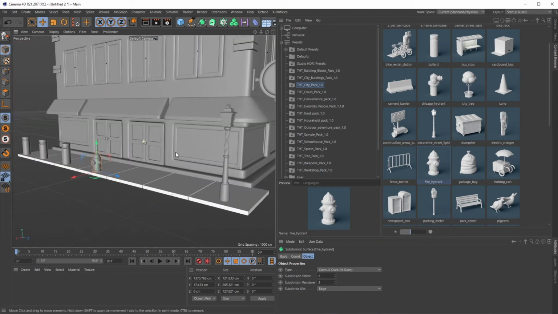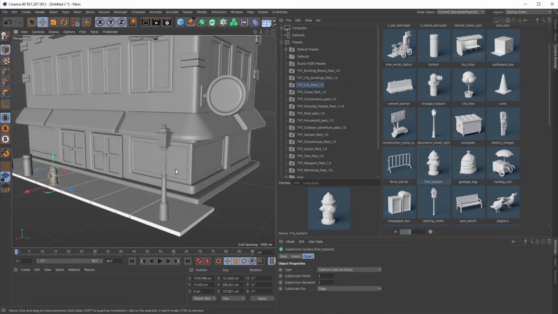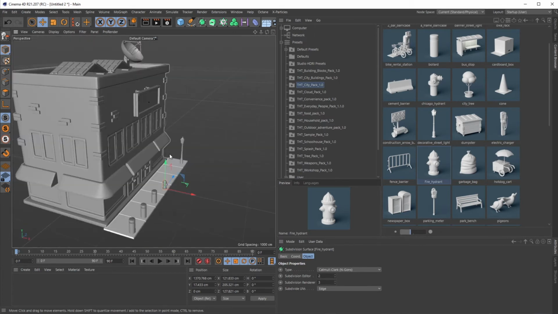So there you go. You have a really intricate, cool looking scene without having to do that much in terms of modeling, which is what we always try to create with our packs. We always try to allow our users to be as creative as possible and focus on that character they love or that rigging or animation they love to do versus just solely having to track down models, especially models that